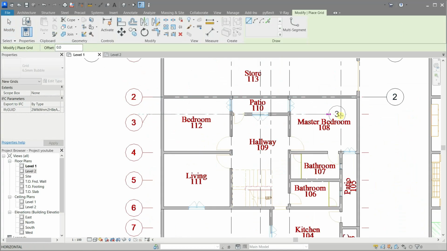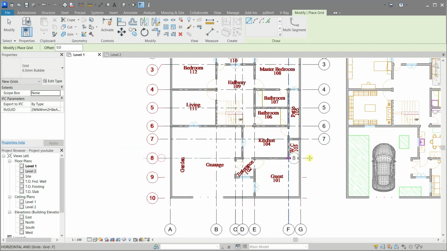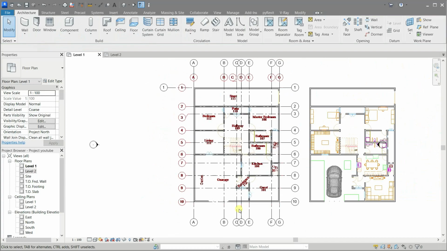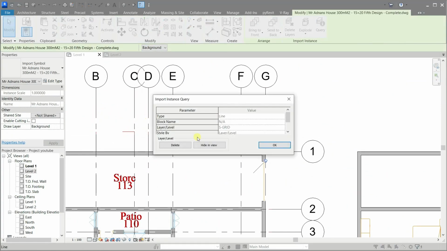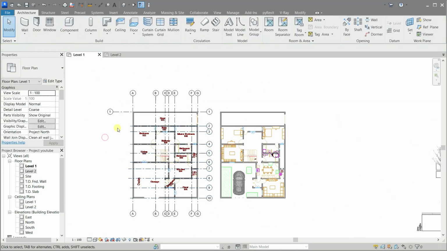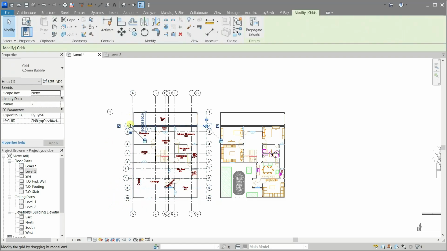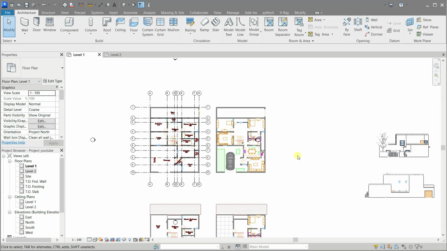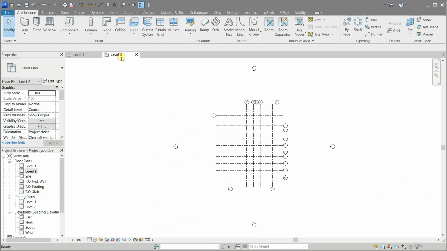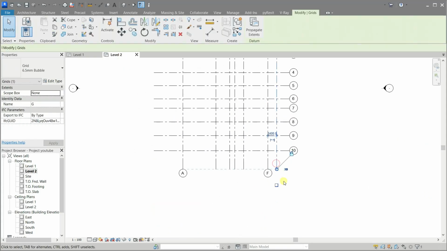As long as you change the name to one, Revit will continue and take care of the others. Go to level 2 and click and show all the invisible grid bubbles for both vertical and horizontal.